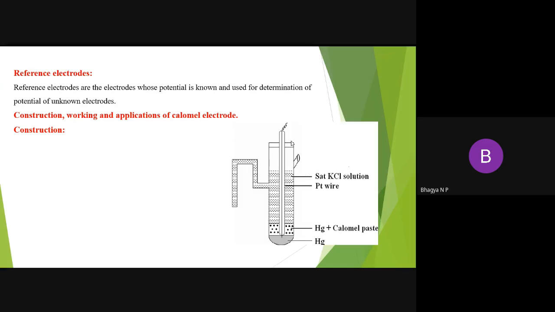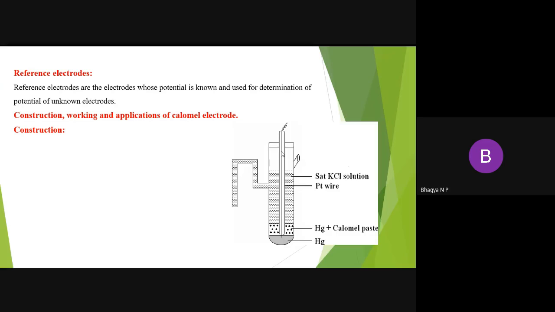So this is the diagram of the calomel electrode. When you look into this diagram, at the bottom there is mercury, and over that a paste of mercury and calomel is placed, and the rest of the part is filled with saturated KCl solution. In the middle is a platinum wire, dipped in such a way that one end is in touch with the mercury placed at the bottom, and at the other end we can provide the external contact for the whole calomel electrode. So this is the observation we could make.